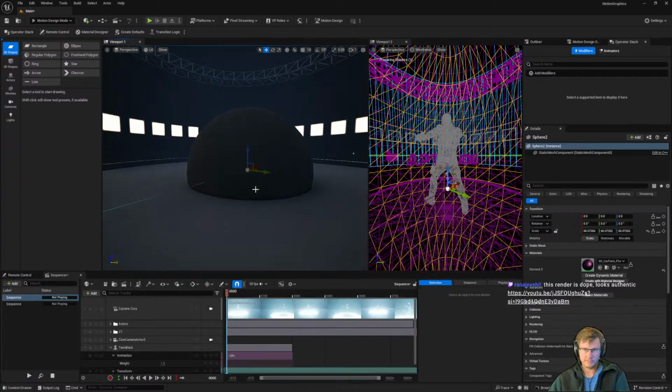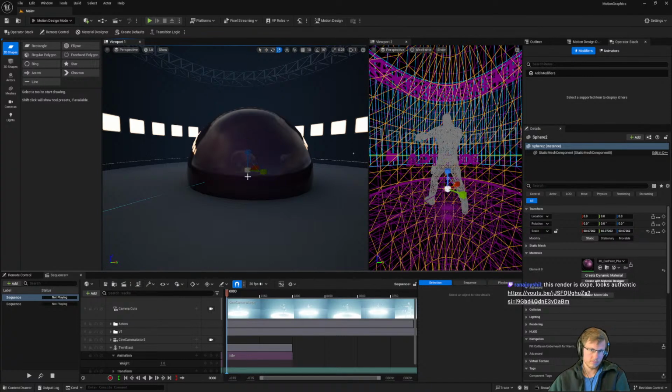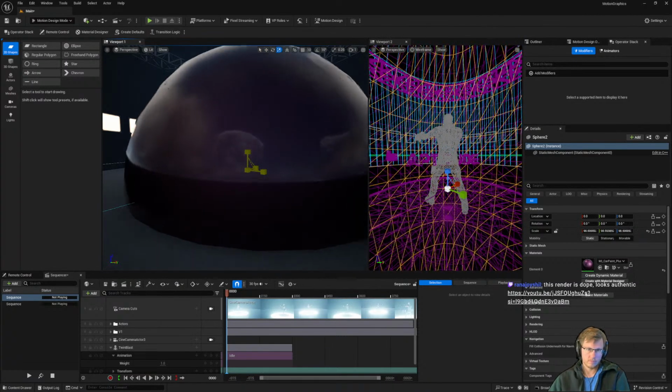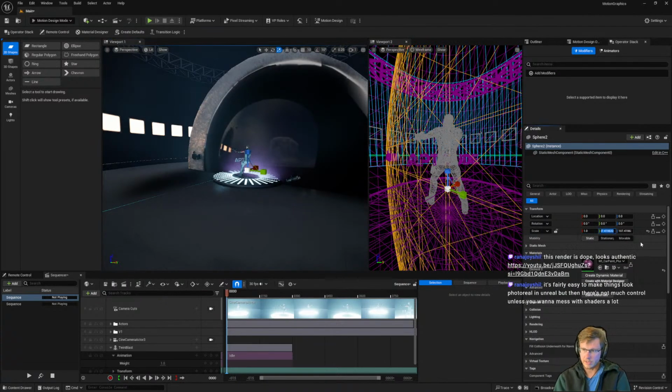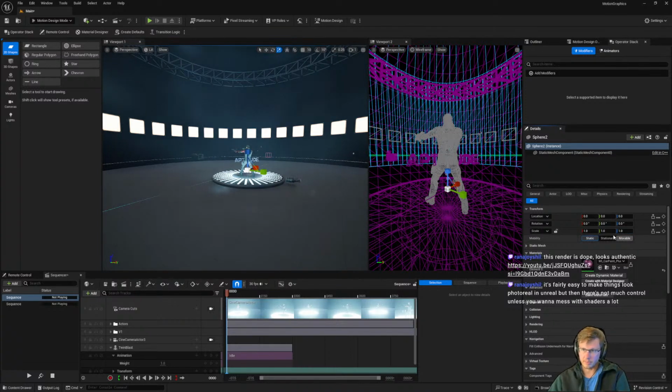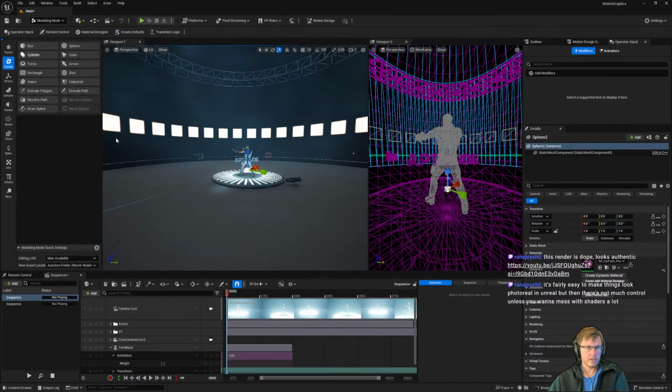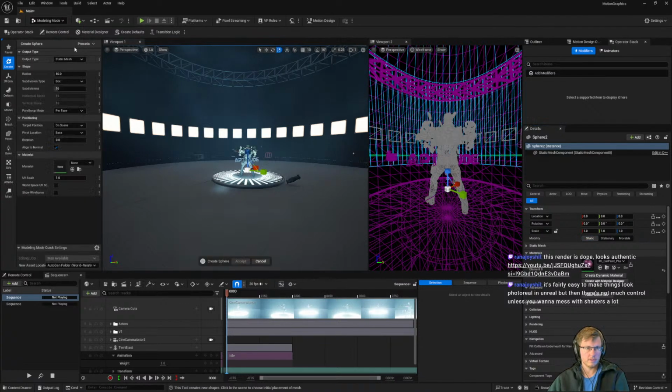Wait, this is an ugly circle. We gotta make this circle better. We hop into modeling. Sphere.